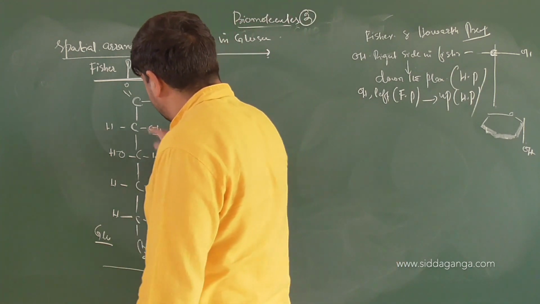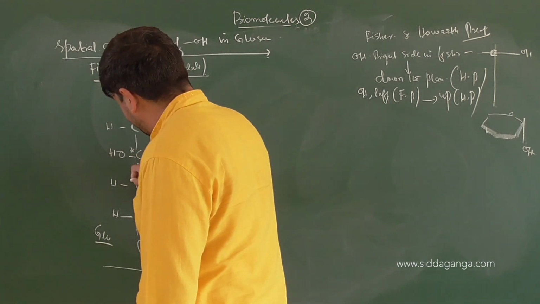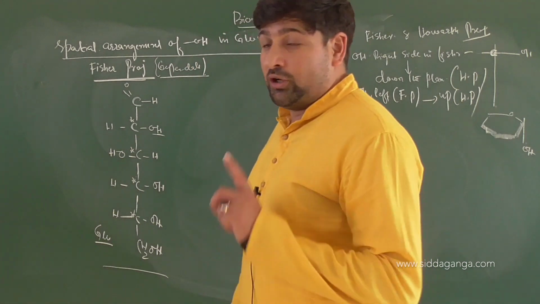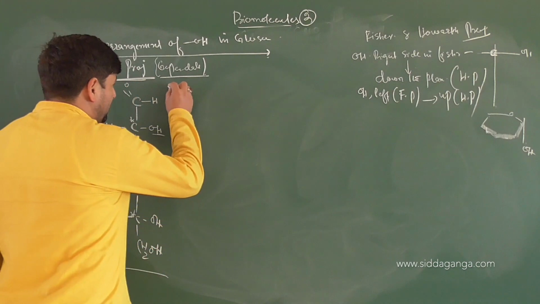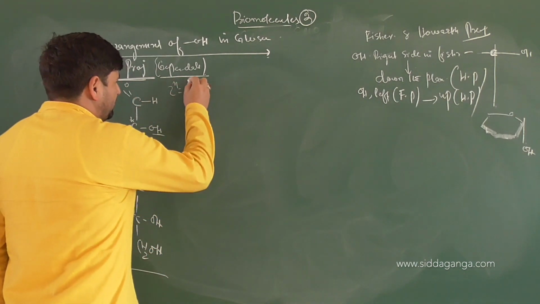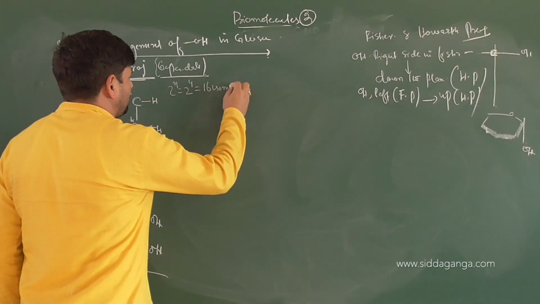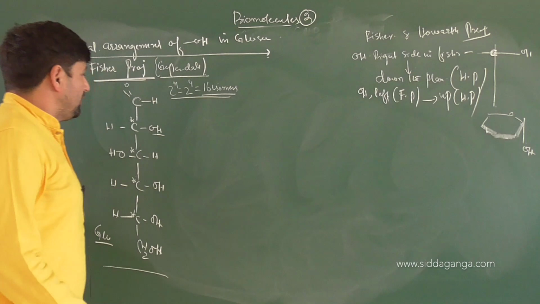When you look at the optical activity of this glucose, you will find out there are 4 chiral centers present. This is not a chiral center, so you got one as a chiral center, this is the second one, this is the third one, and this is the fourth one. So there are 4 chiral centers. So the total number of stereoisomers available for glucose is 2 raised to the power n, that is 2 raised to the power 4. That will mean 16 isomers you are getting from glucose. Get it clear in the head.